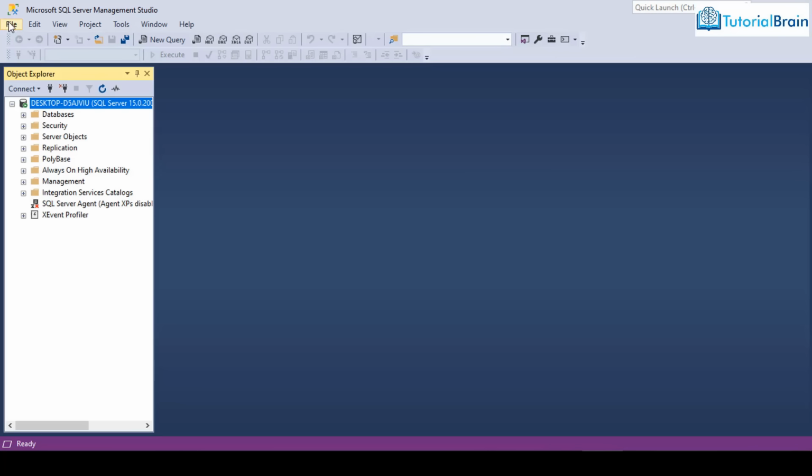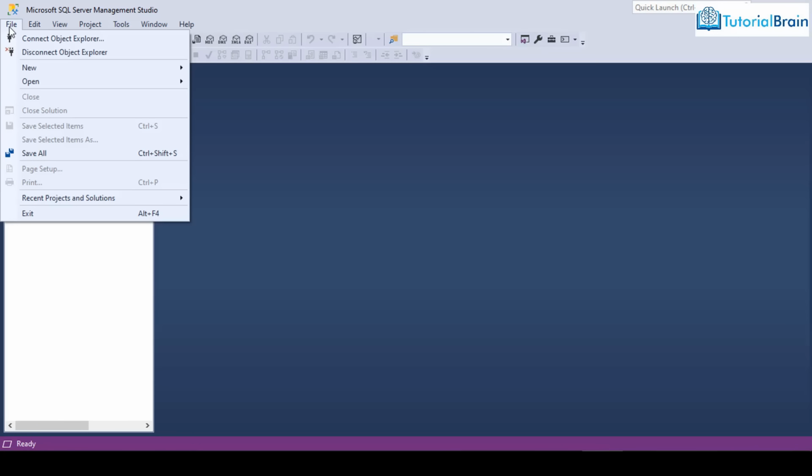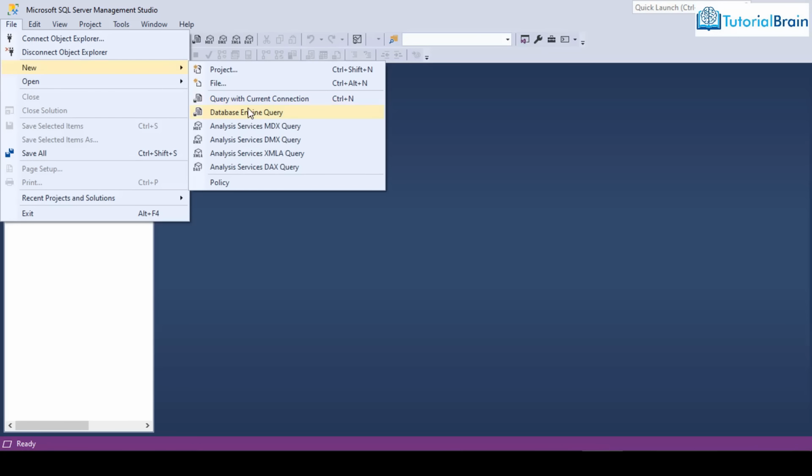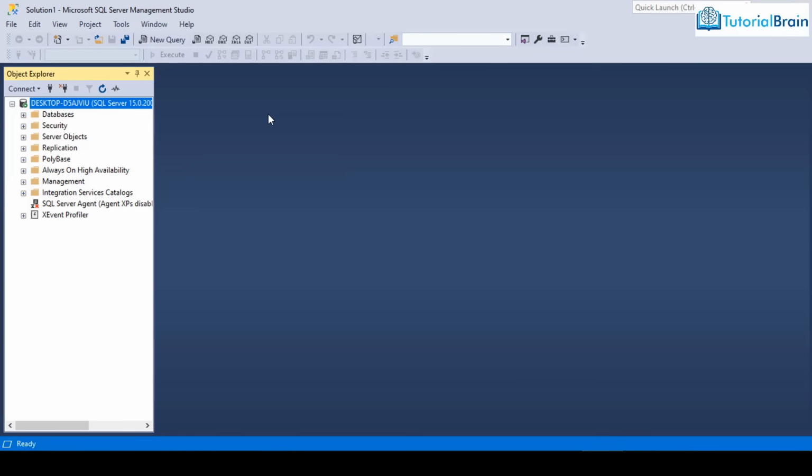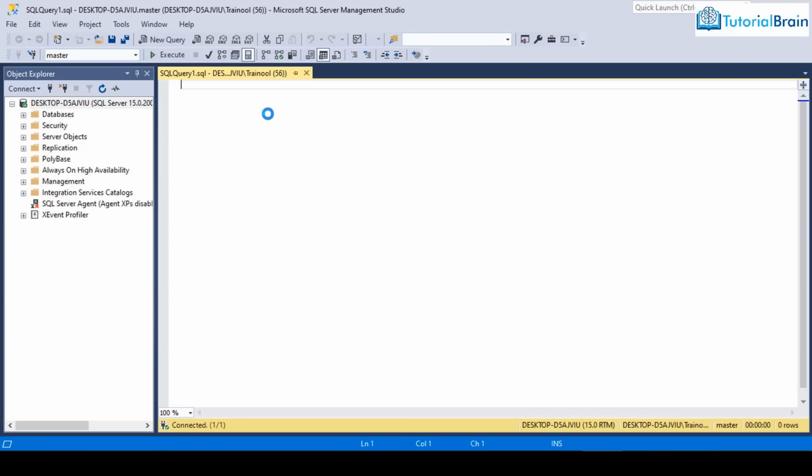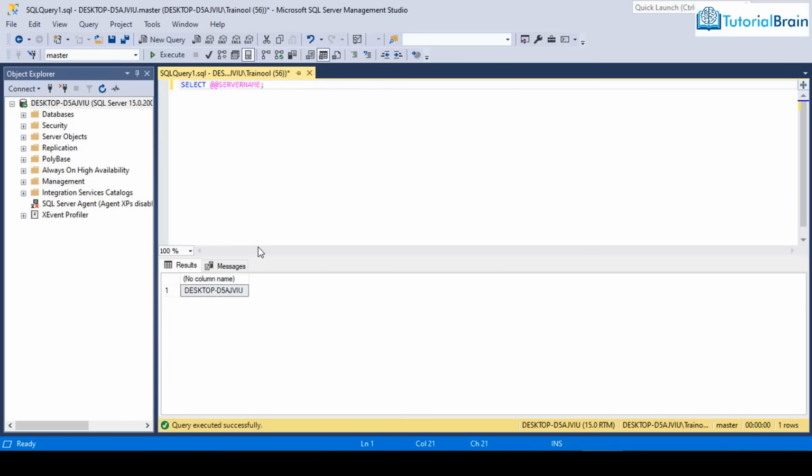and in case if you want to confirm your server name, what you can do is you can just go to files, just go to new and then query with current connection. You can just give select, and then you can just give @ symbols 2 times, and then server name, and just click on this execute button, or you can just press F5 in your keyboard. So here you see that this is the server name in the output,